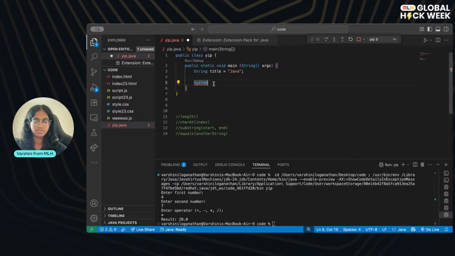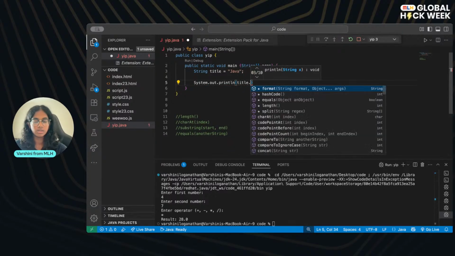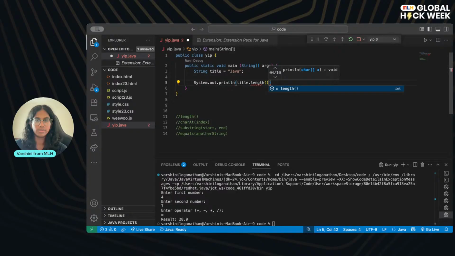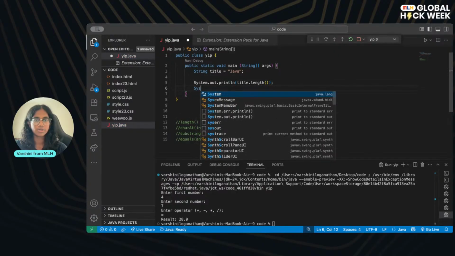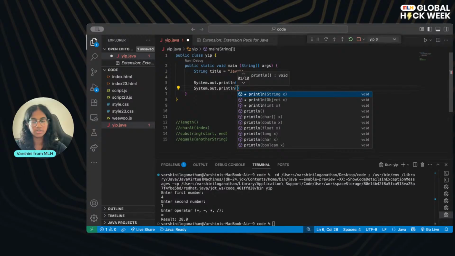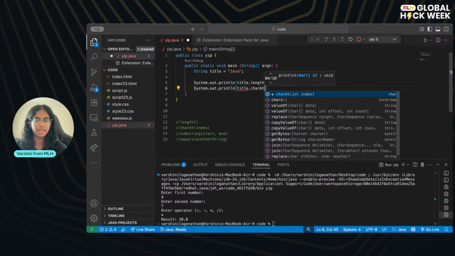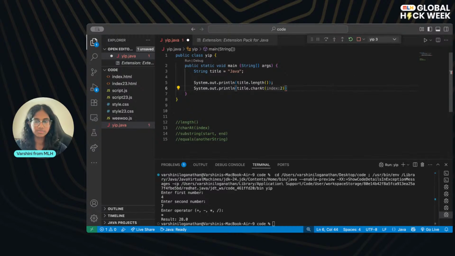We're going to do System.out.println and test all of these methods, starting with title.length to get what the length will be. Then System.out.println again with title.charAt, and I want the character at index 2.